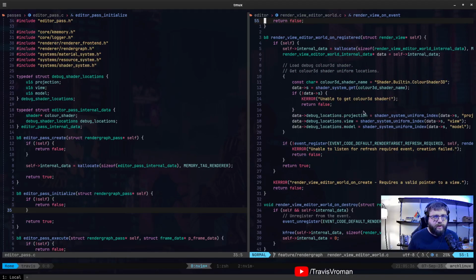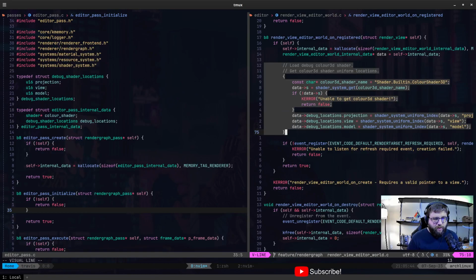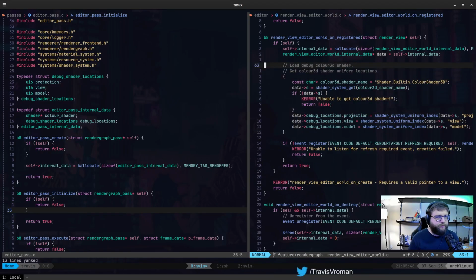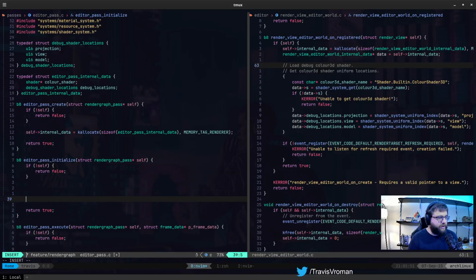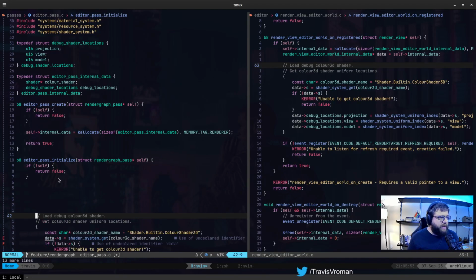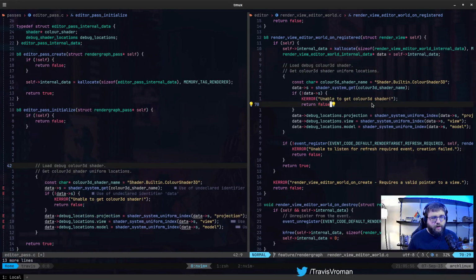And we're basically going to take things from here. So the first thing that we have is obviously the color 3D shader. So I'm just going to grab all of this, and this is actually all of our initialization code, right? So at least for the shader, right? So we have that section, and then we also have